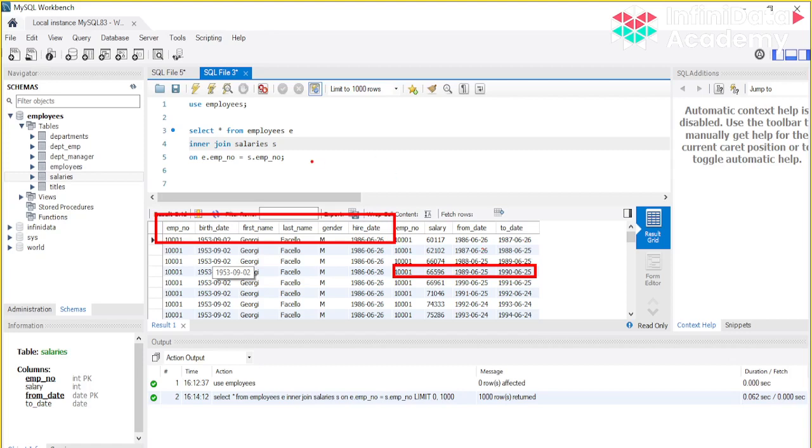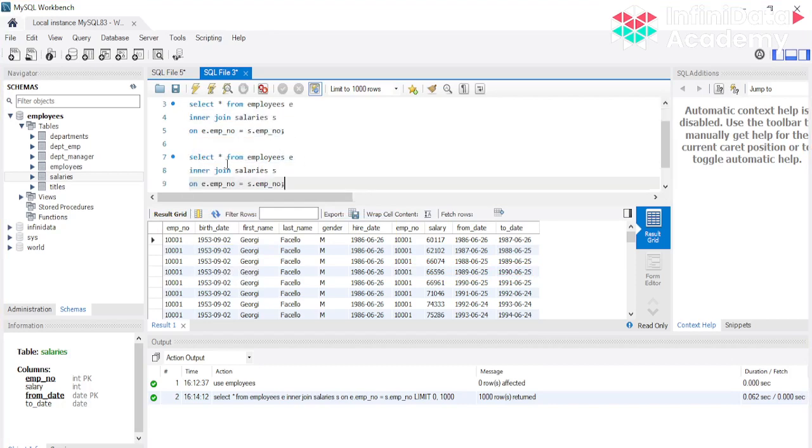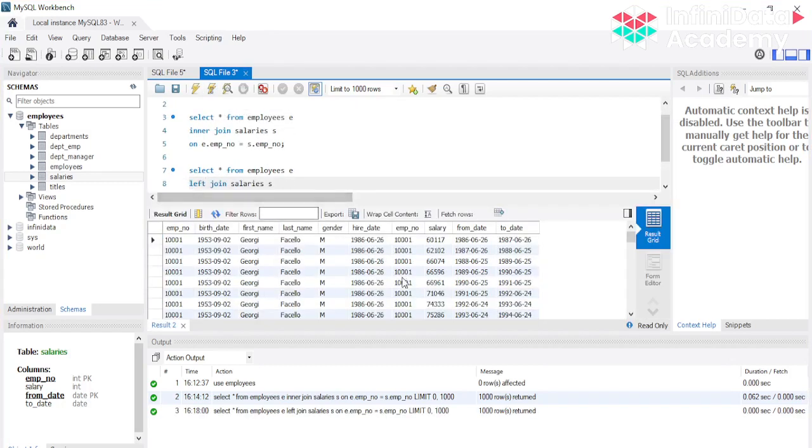So if I run this query again with left join, you won't see much difference because we have the data available for each of these employees over here.